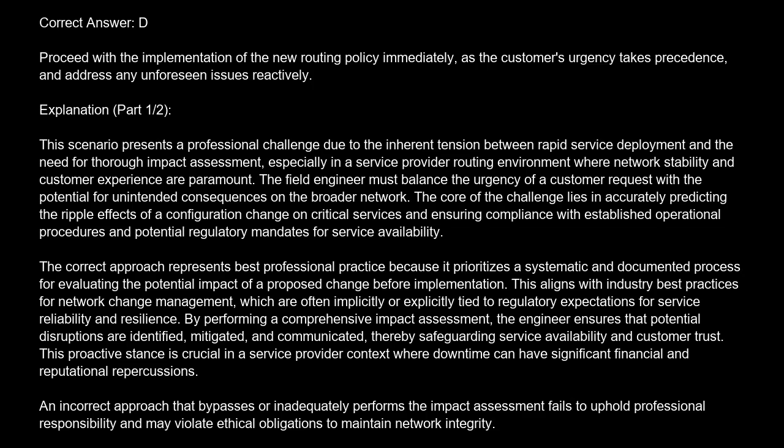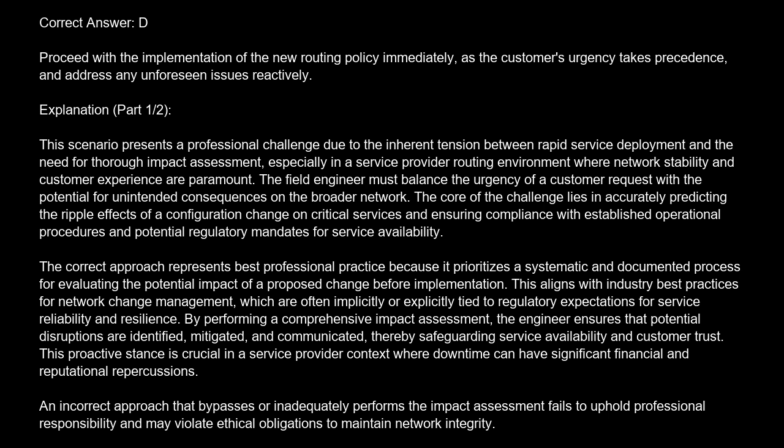The correct answer is D. Proceed with the implementation of the new routing policy immediately, as the customer's urgency takes precedence, and address any unforeseen issues reactively. Explanation. This scenario presents a professional challenge due to the inherent tension between rapid service deployment and the